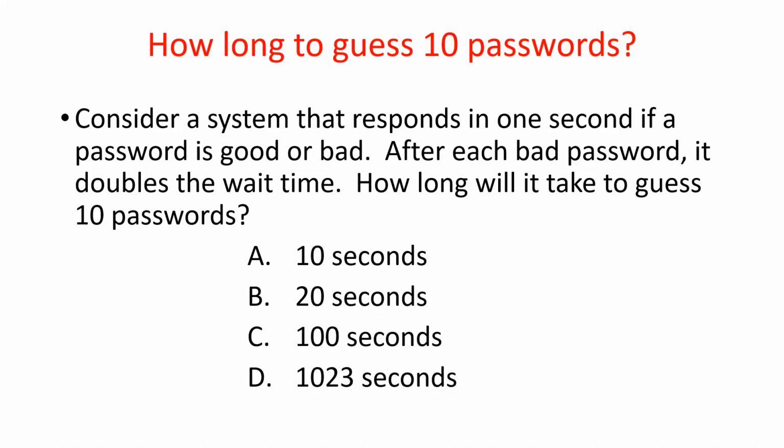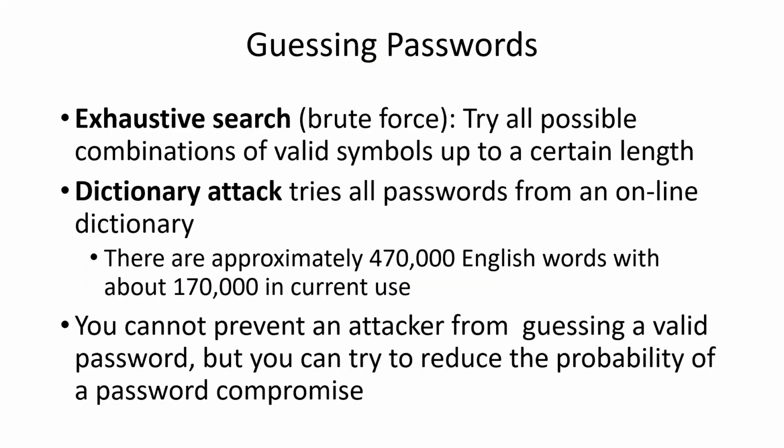So if you have 10 of them, your first guess was 1 second, next guess was 2, then 4, then 8, then 16, 32, all the way up to 512, and you add them all up, you get a binary number that's all 1 bits. When you add 1 to it, it all carries into the next one, it would be 1 and 10 zeros, which is 1,024. Subtract 1, it's 1,023. Got the arithmetic?